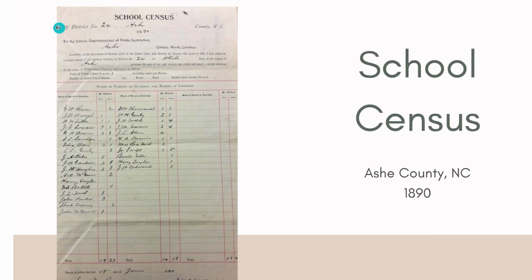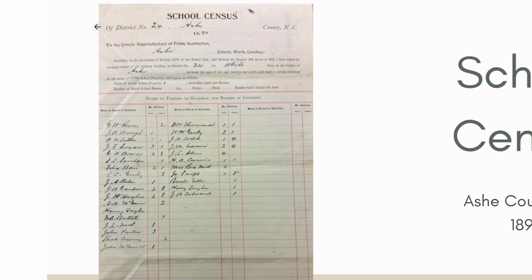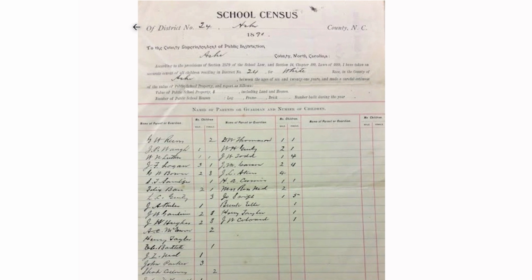So again, looking at the top, this is Ashe County, North Carolina. It's 1890. And this would be Ashe County out in the western part of the state, the mountains. Now, one of the things to notice right away is we have an 1890 school census record, and right away what my mind went to is this is a subset of the population there in Ashe County in 1890,